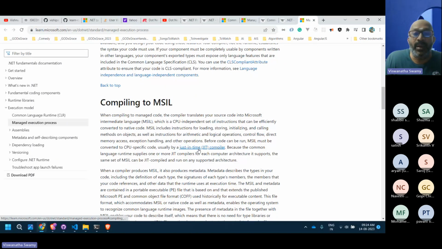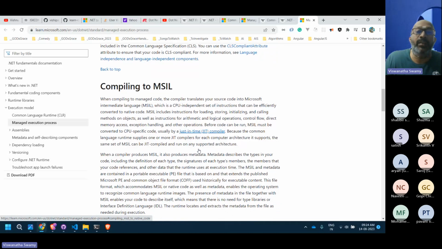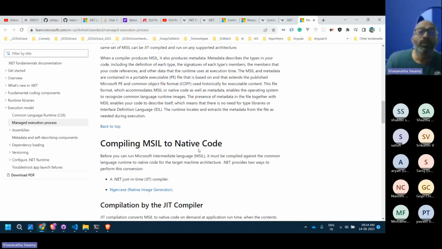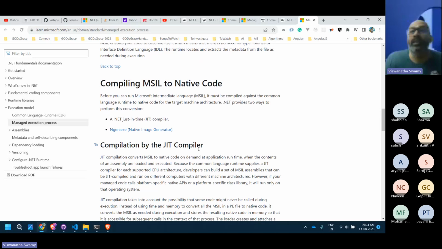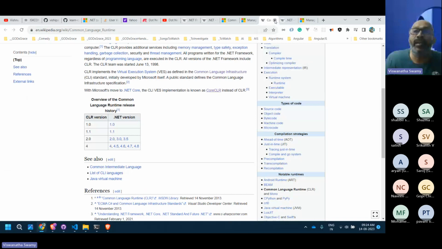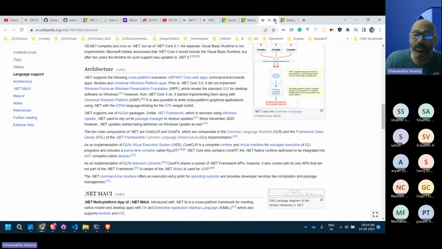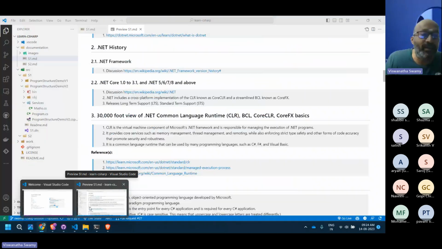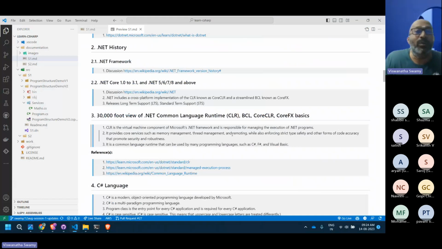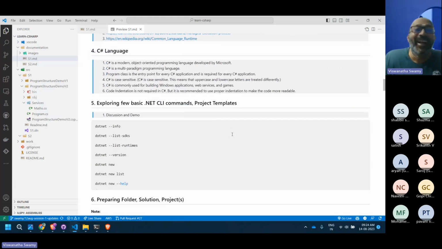That will be JIT compiled and converted into the machine language. We'll see how that works with intermediate language and everything, step by step in the next session. Okay, that's about theory, 15-20 minutes of theory. I think it's the first time in my life I spoke this much theory. Okay, so now I will take 2 more minutes.